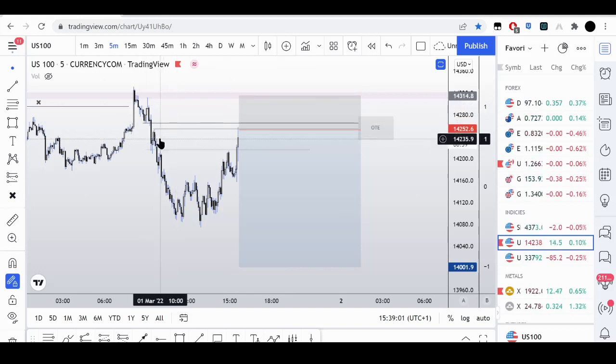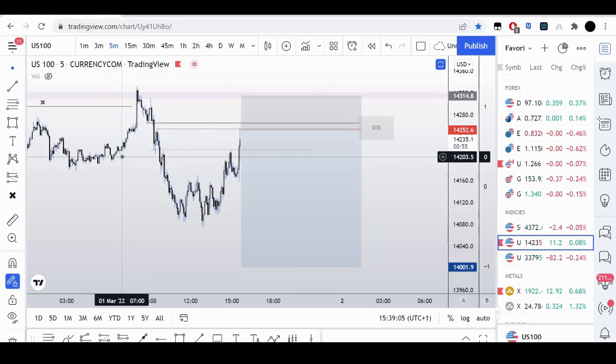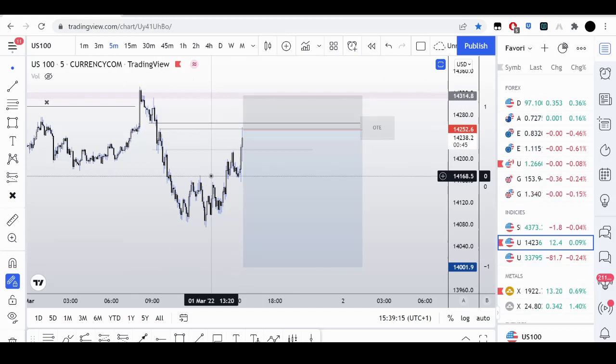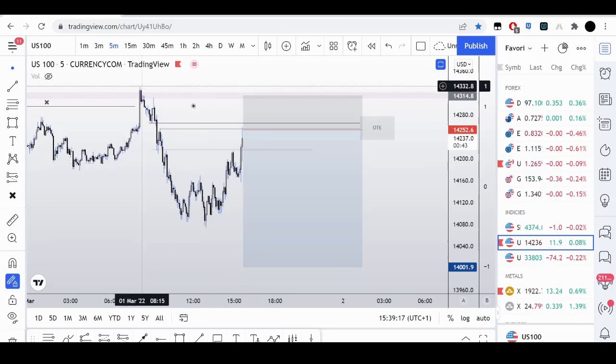I'll take this 100 times in a row and, you know, expect this to play out. So whatever happens, it happens. I'm in this trade. If it stops me out, it stops me out. I know that it could possibly even come up above this high and then continue lower, and this high could be respected, you know what I mean?